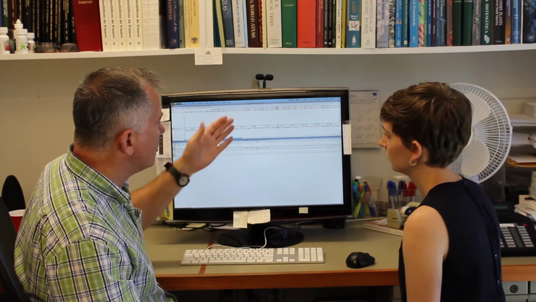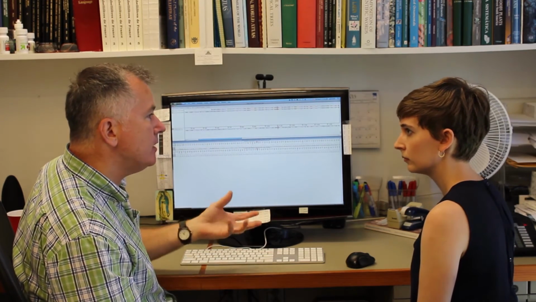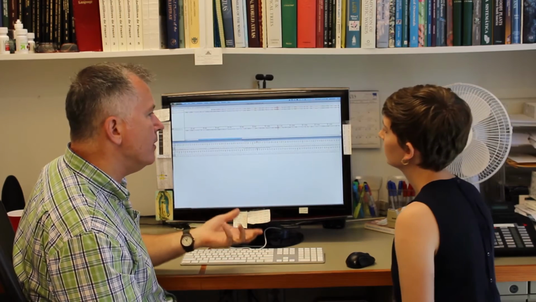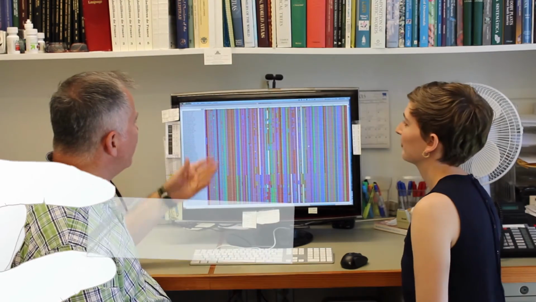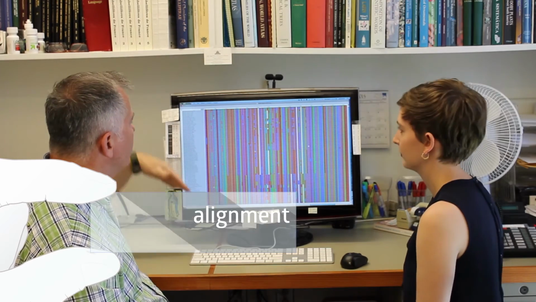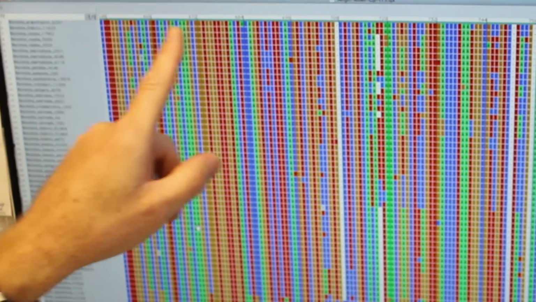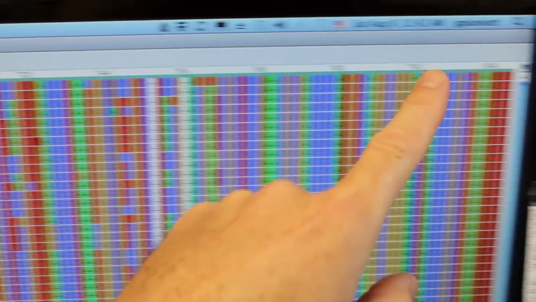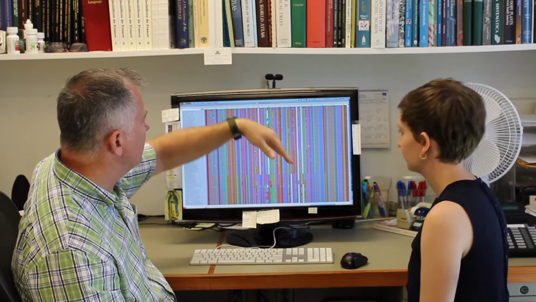So those differences across species are what we call mutations, and those mutations are the way we build our phylogenetic trees. So the next step is to take the one species that we had and to compare it to all the other species that we're doing the same thing for. We have rows, and the rows represent the different species, and then we have columns, and the columns represent different individual base pairs that make up the gene across all those different species.